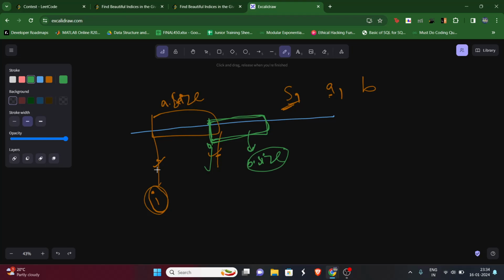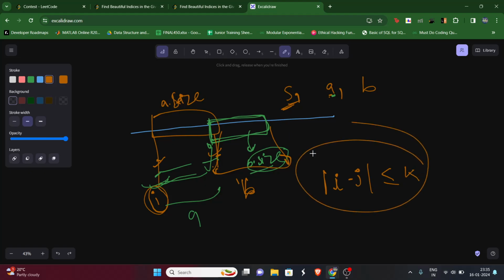Now we know that here we took out a substring of length A, and from this J we took out a substring of length B. This A-length substring should be equal to A, and this B-length substring should be equal to B. And the absolute difference between I and J should be less than or equal to K. In that scenario, this I is called